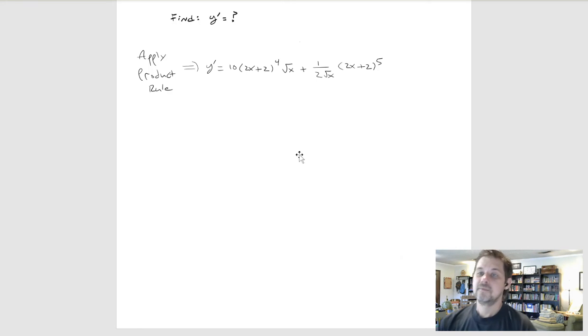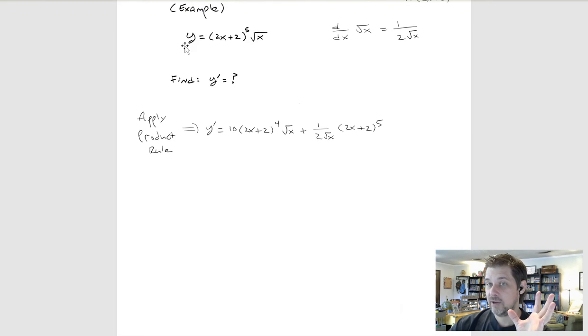Okay, like every problem, we can get the derivative in one step. This is y, the original function. This is y prime, the derivative, telling you all the things that the derivative tells you. If this was revenue, this would be the marginal revenue. If this was cost, this would be the marginal cost, and so on. It's just a matter of simplifying it, making it as presentable as possible. So let's see. What I think would be customary for this type of function is to add these terms together,